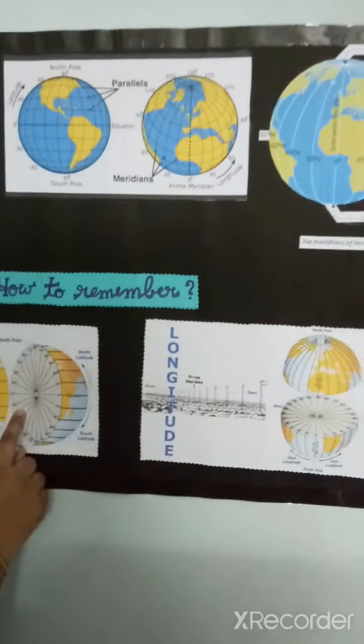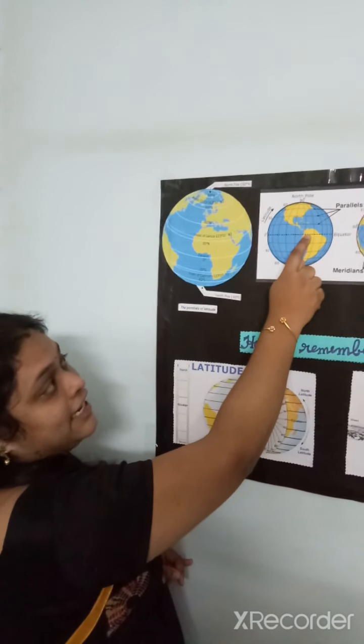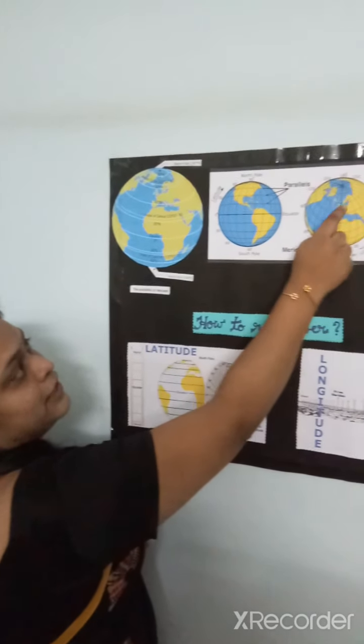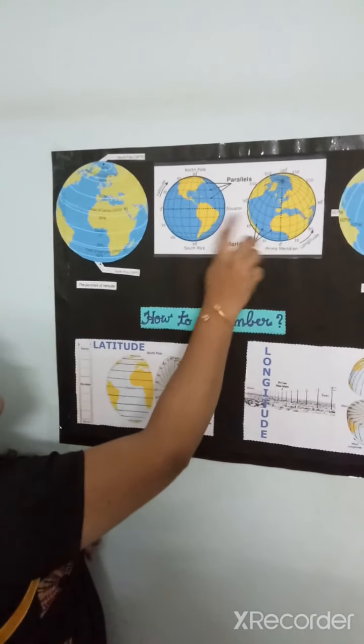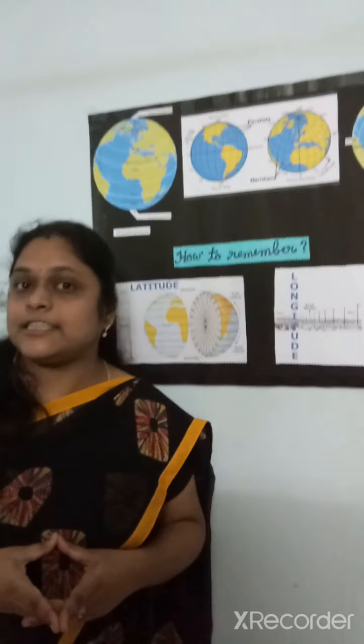Okay, so these latitudes and longitudes cross each other on the globe at a right angle. If you observe carefully, they cut each other at right angles. And these latitudes and longitudes cut each other on the globe, forming grids. See here, many grids are there. If you observe these two diagrams, you can understand. Those grids are nothing but the global grid. You can call it the earth grid also. They are called global grids.